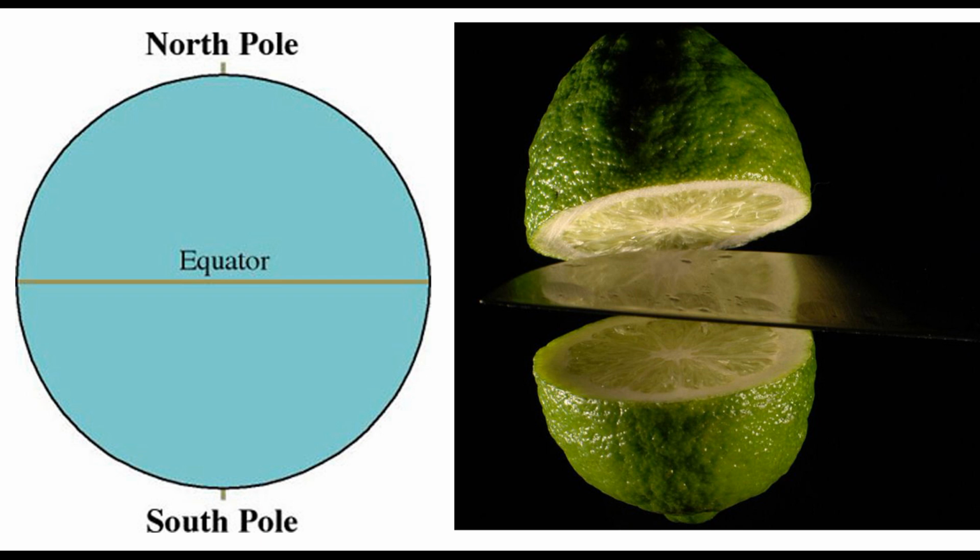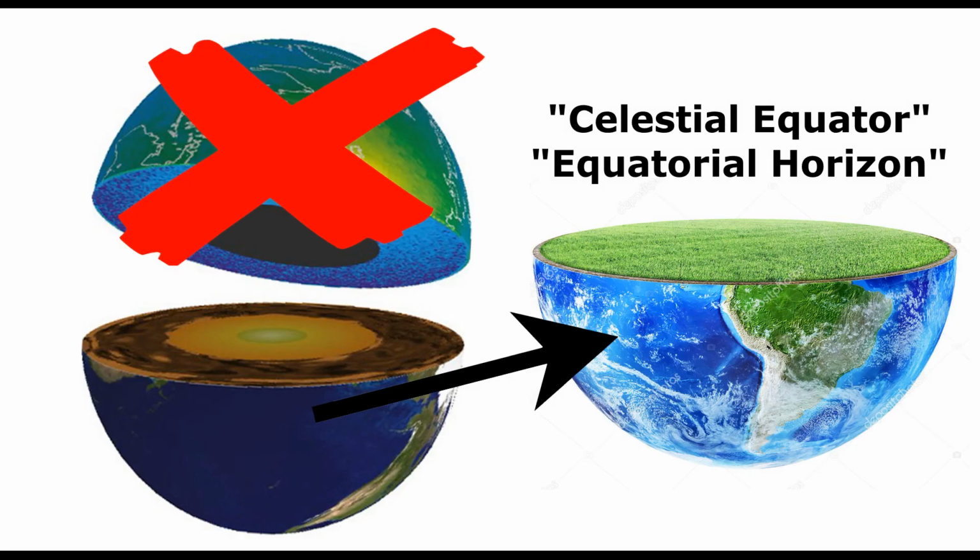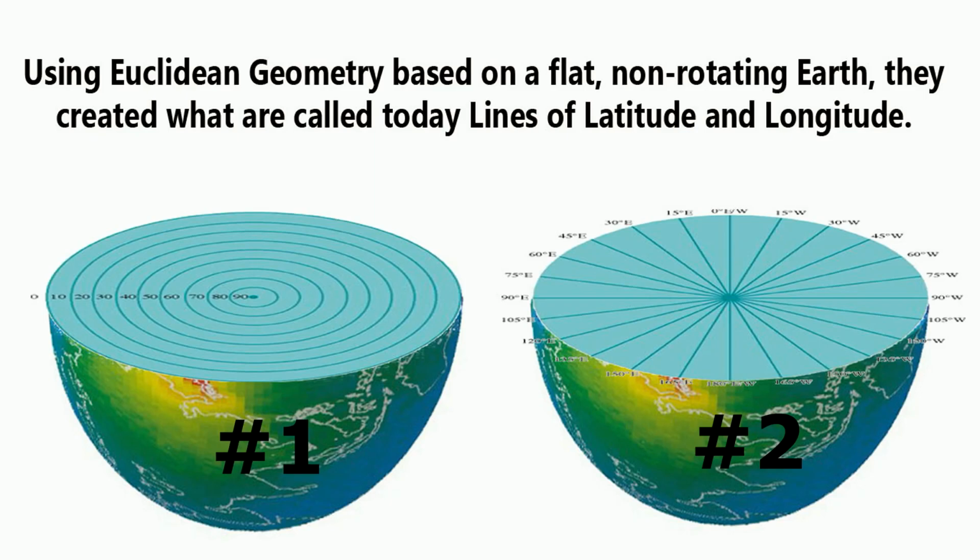When they refer to equatorial horizon, they divide Earth in two halves, get rid of the upper half, and use the flattened surface of the bottom half to do all of their calculations. Let me demonstrate it here for you. Here you see on image number 1 how they laid out the parallel lines, and on image number 2 how they laid out the longitude lines. Yes, this was made using Euclidean geometry, or simply put, flat Earth math. Yes, this was made assuming Earth to be flat, and not a ball.